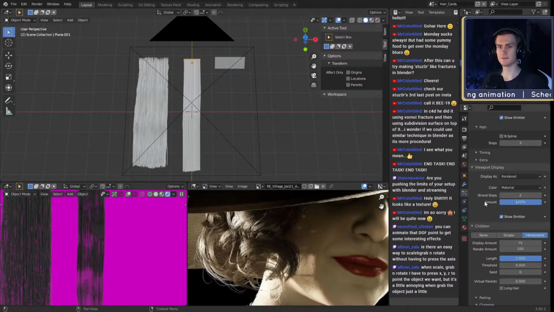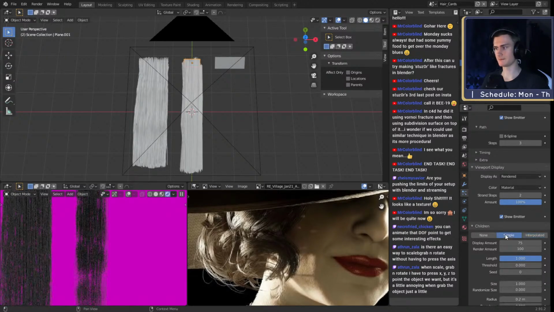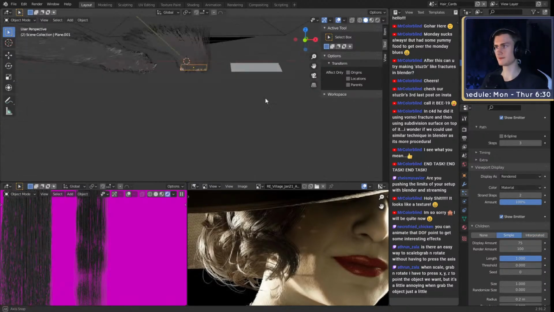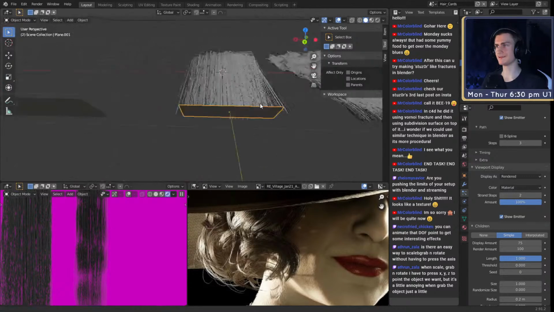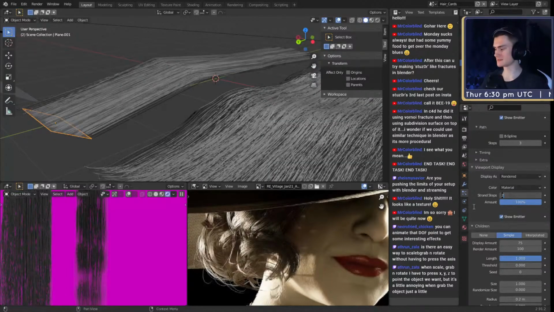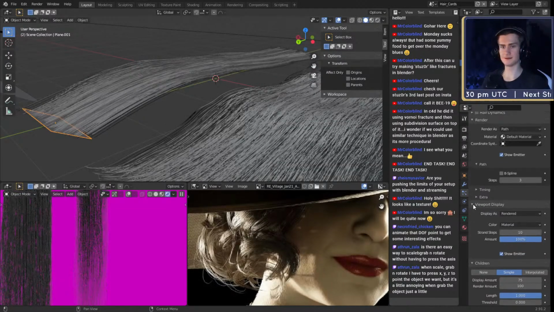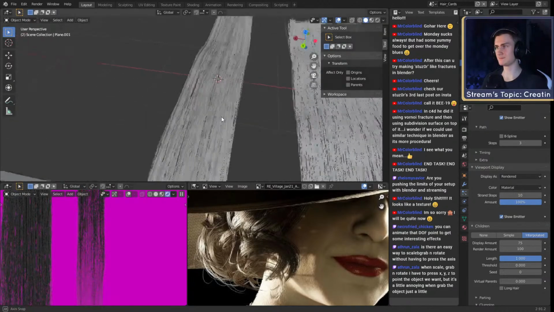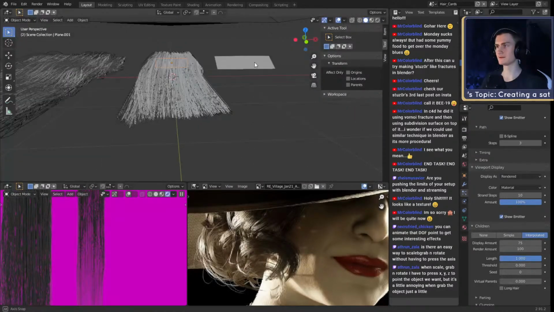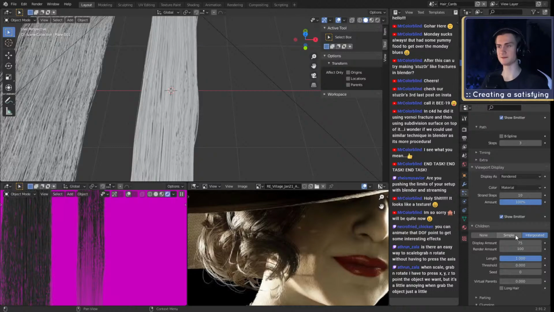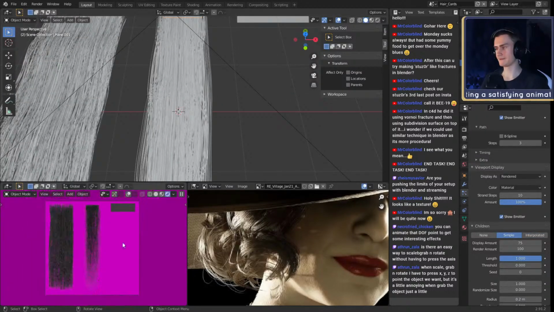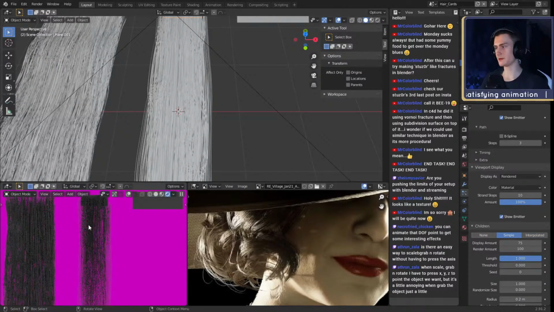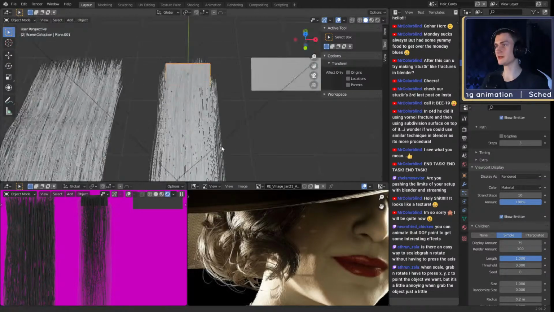Probably the best way would be to use simple hair, which looks kind of weird. Oh, we have to bump up the strand steps to 10. Okay. Oh, okay, now it looks better. Maybe we can bring back the interpolation. I think simple looks better. Now we can see it looks wilder even from the beginning.